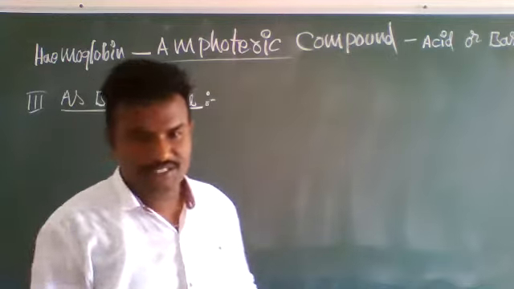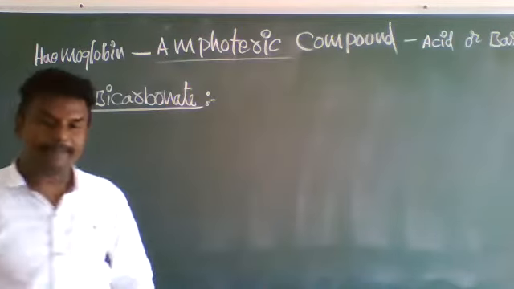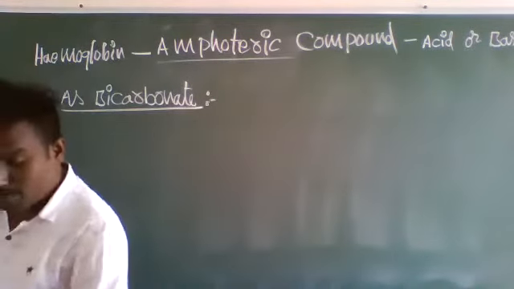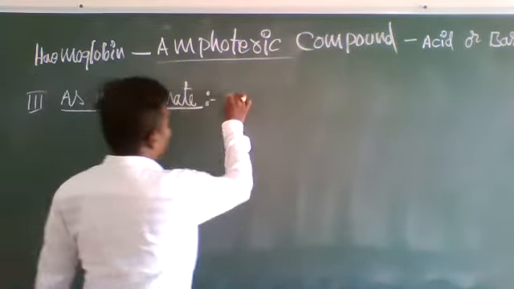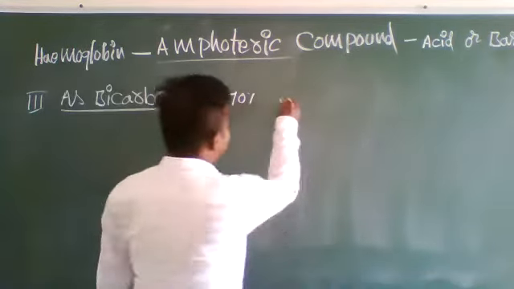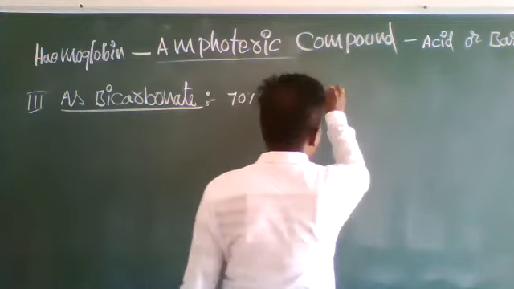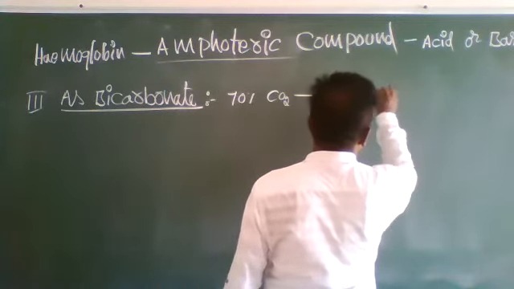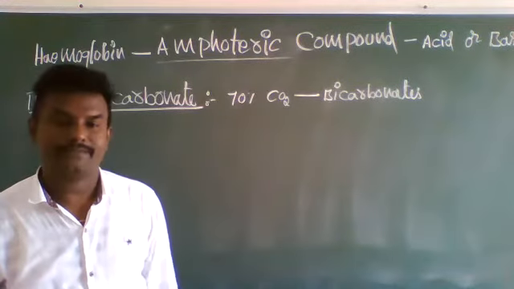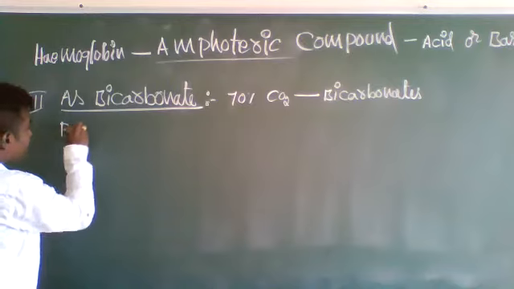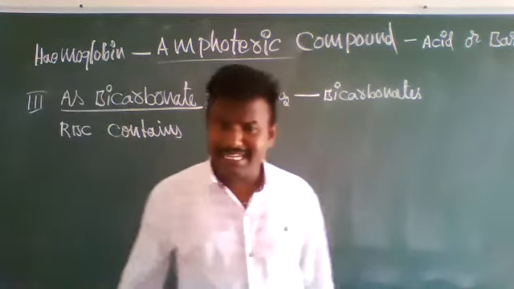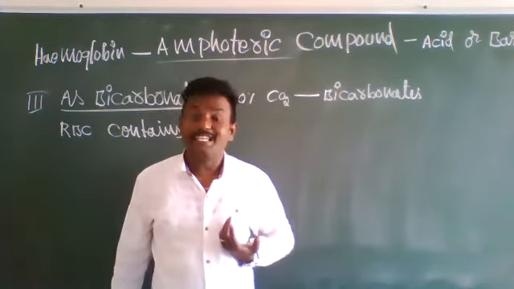As bicarbonate. About 70% of carbon dioxide is transported in the form of bicarbonates. Approximately 70% of carbon dioxide is transported as bicarbonates. Here, red blood cells contain an excess amount of an enzyme called